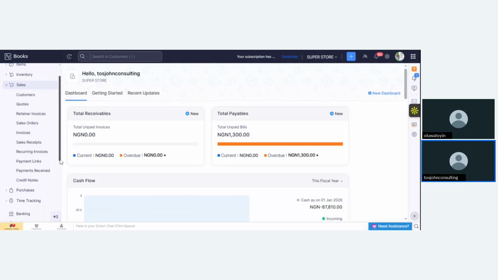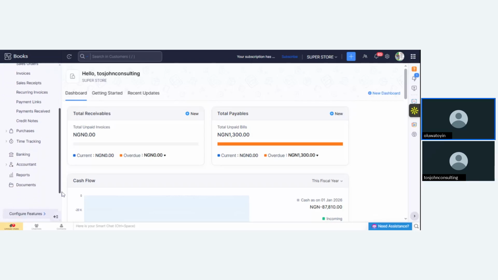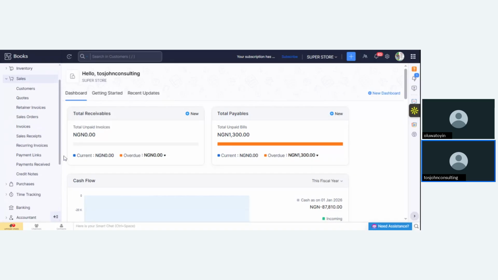These are all the things we will be dissecting as we go into this accounting software proper. This accounting software might take us maybe the next one month or so to finish, because there are different aspects of it, and I want you to have a practical knowledge of it, so that if you can use ZoBooks, you can use the other accounting software.